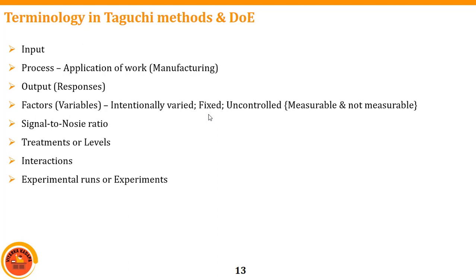Next, experimental runs. Experimental runs is about how many experiments we are going to conduct. Depending upon these experiments, we decide how we are going to analyze our set of things. After conducting these experiments, how many sets, for example 10 experiments, 12, 14, or 18 experiments, like that. Next one is experimental design. We have discussed a detailed slide on experimental design, so I think there is no need to discuss it again.